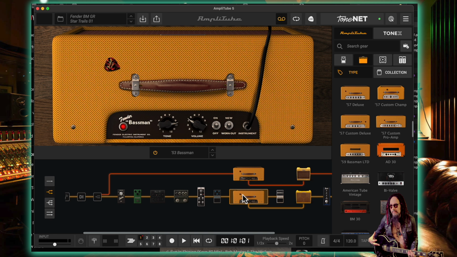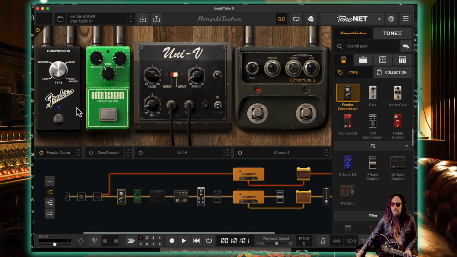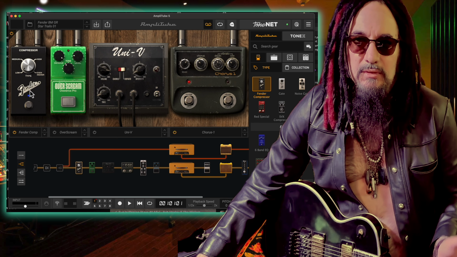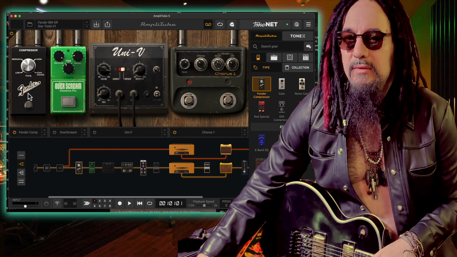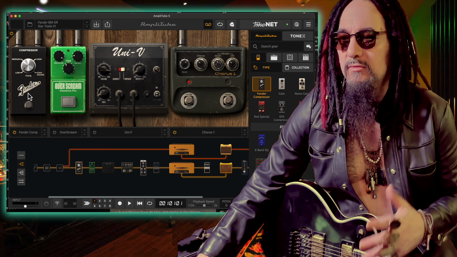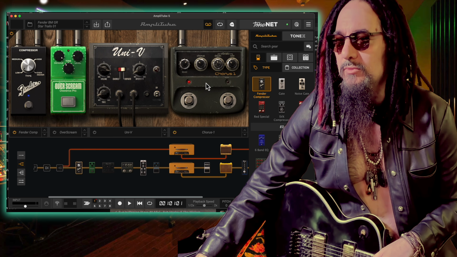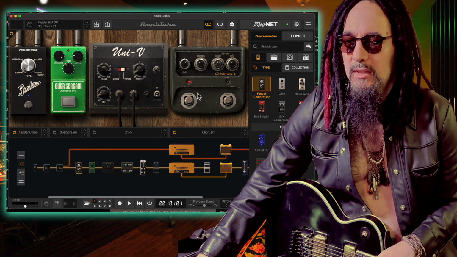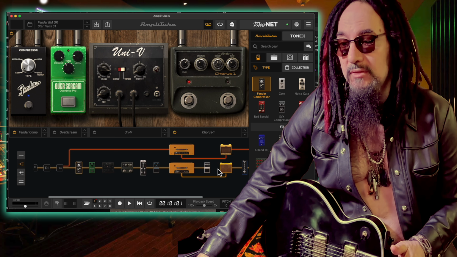This is an ambient guitar tone that I used. You can see that I picked a Fender compressor. At the top, I always have a compressor there to make sure my signal is buffered, sort of all leveled up. And then I go into all this weird modulation stuff. A lot of people like the modulation stuff